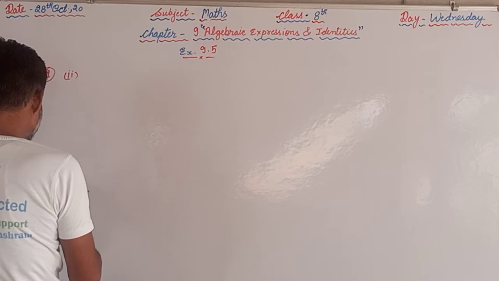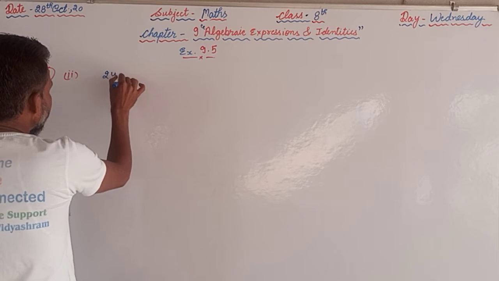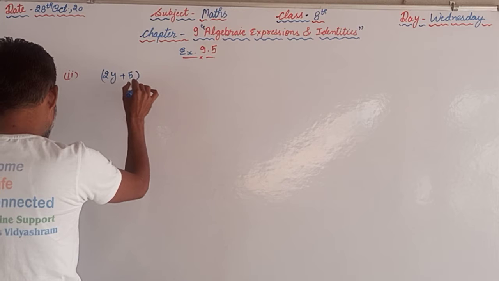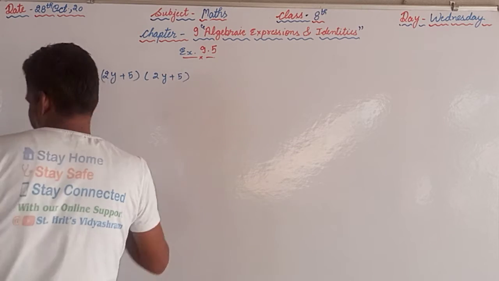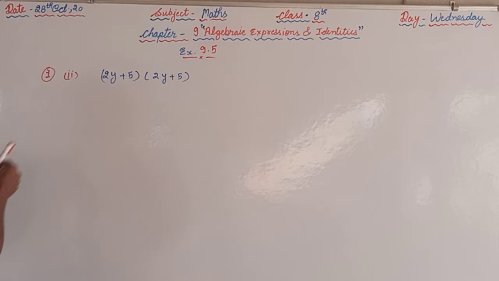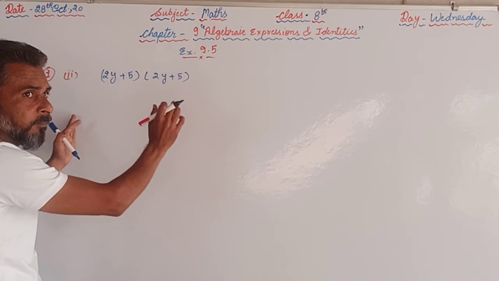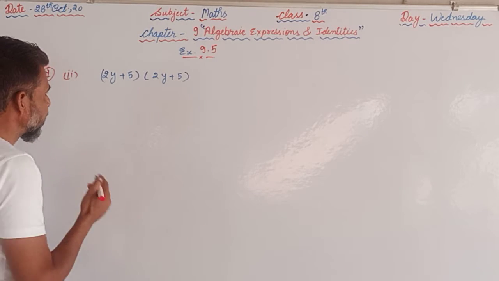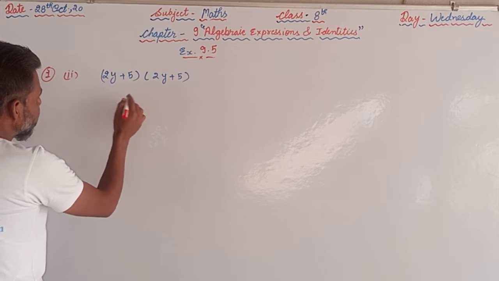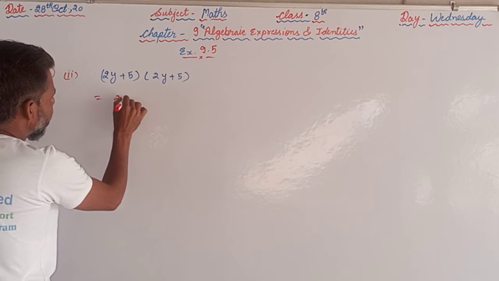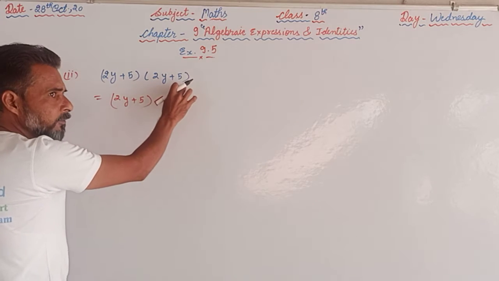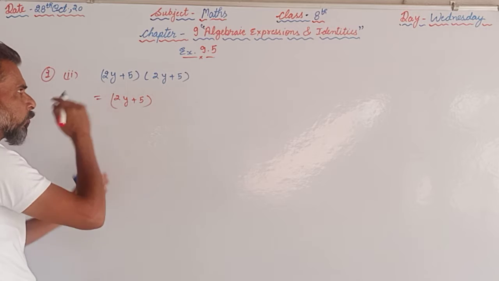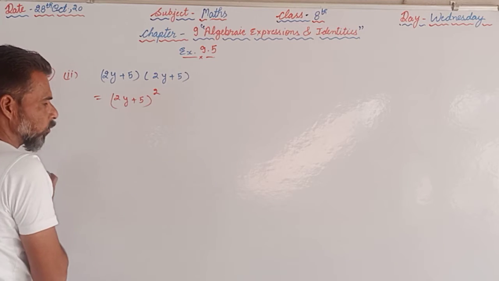2y plus 5 into 2y plus 5. We are supposed to find the product by using the identity, or otherwise we can multiply also, but according to the question we are supposed to use the identity. So this we can write 2y plus 5, 2y plus 5 means identical binomials are there, so that will be the power 2, and we know